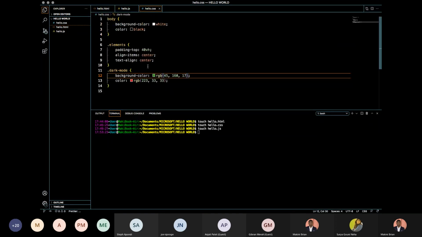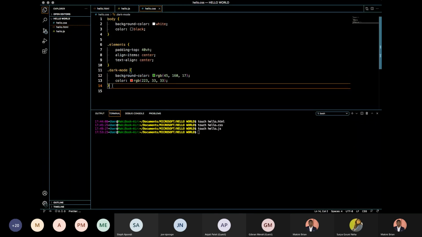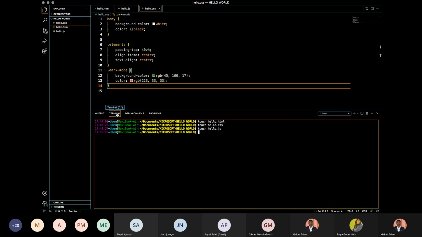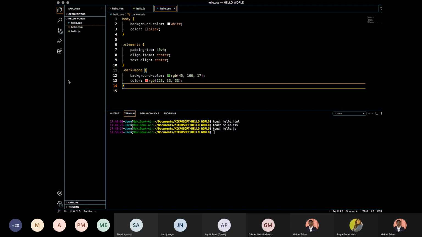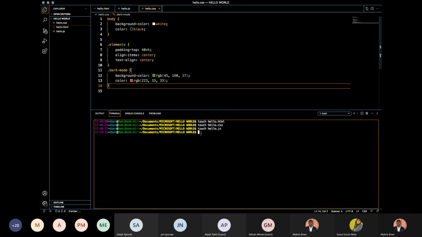Yeah, so Visual Studio, the best from Microsoft, and the platform has a terminal. You have a debug console. You can debug your code easily. And next time we'll talk about how to use the debug console and how to debug code using Visual Studio Code. There are many things you can do with this code editor, and then yeah, voila,